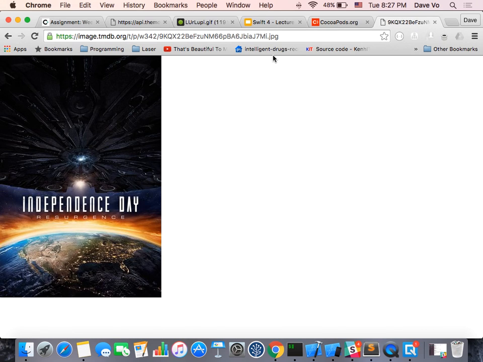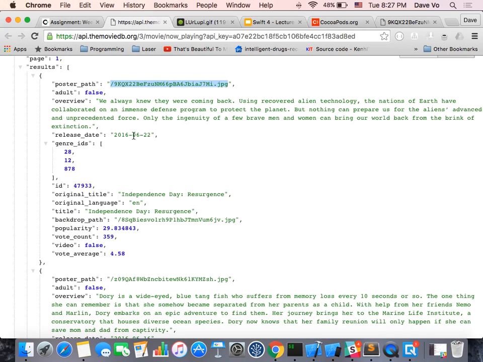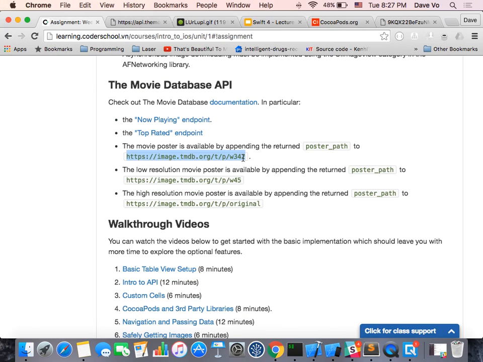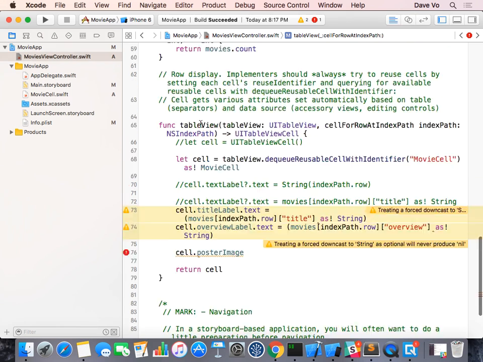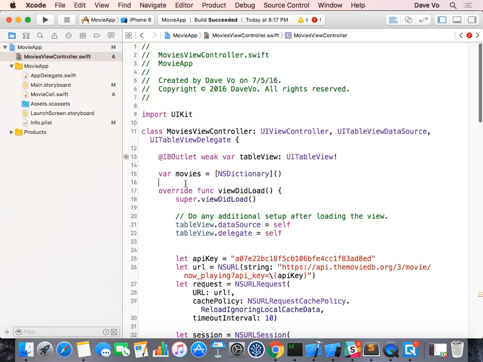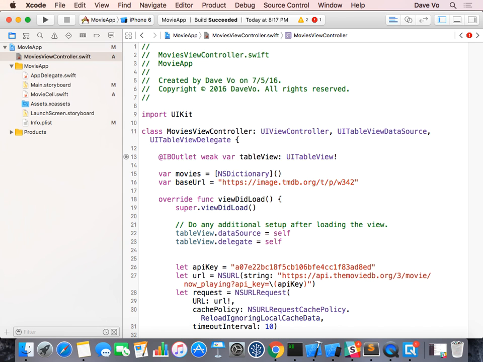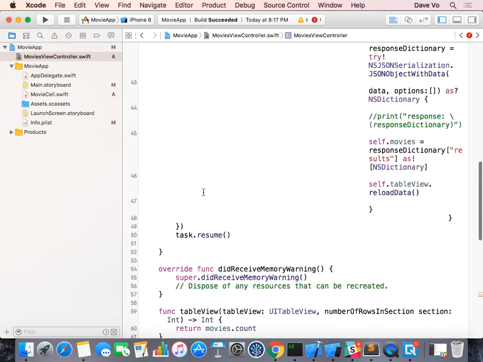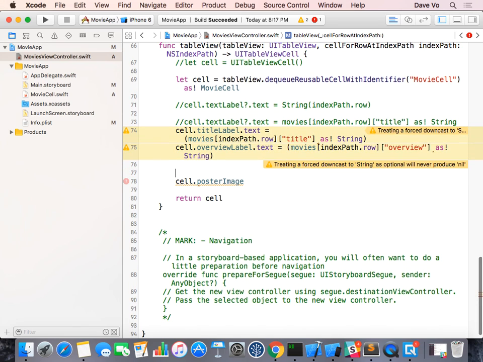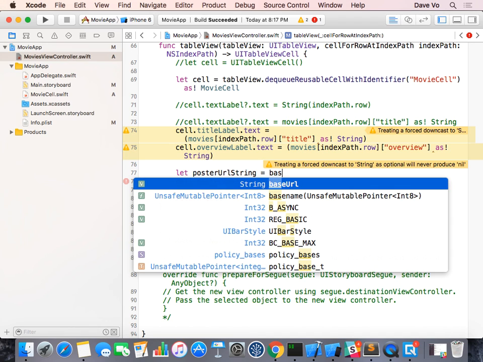Okay, so we had the image, right? So we will save this one as the base URL. So I create another variable. I call it base URL. Okay, and then we will create a URL here, let poster URL string. It will be the base URL,